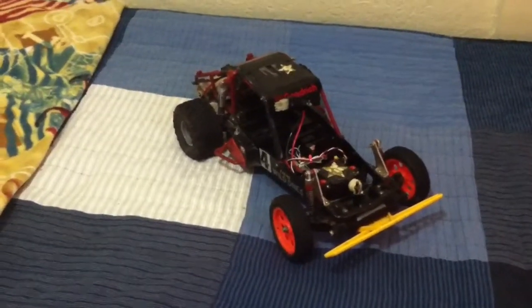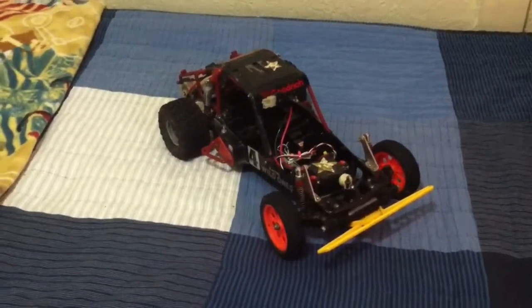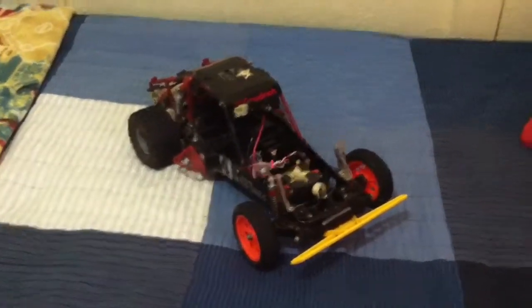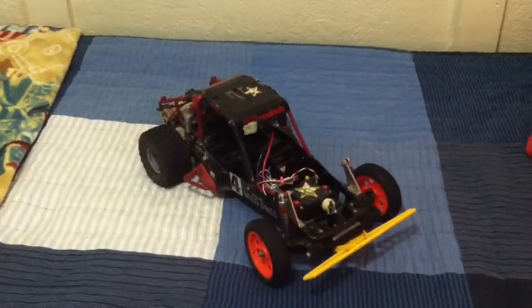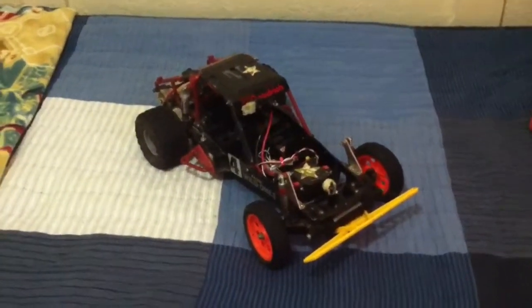Hey guys, it's EpicRc here, and I'm going to be showing you my 1985 Tamiya Wild One. I got this Wild One off of eBay for exactly $100. It came with all the antique electronics, so I had to switch all that gear out,